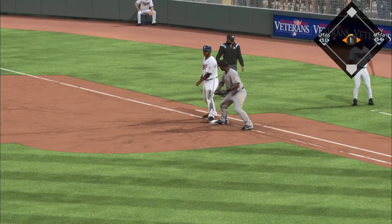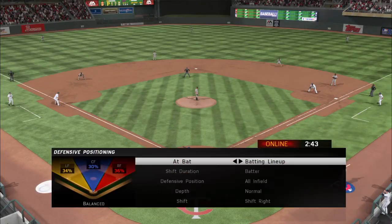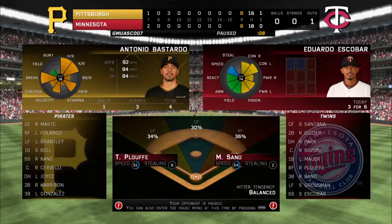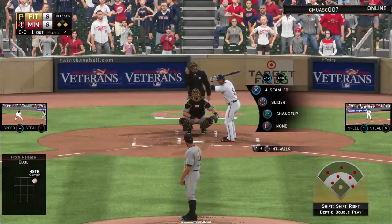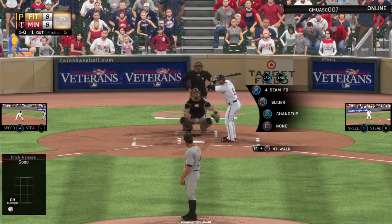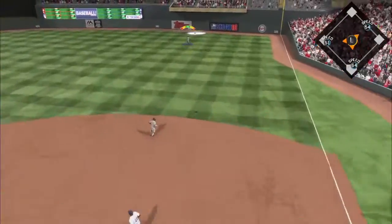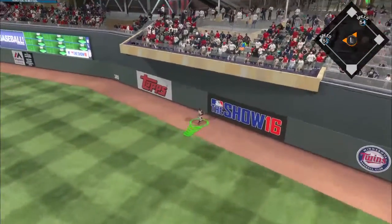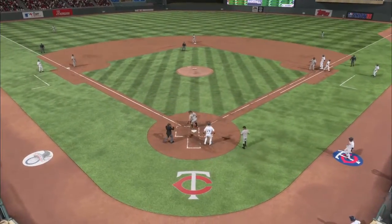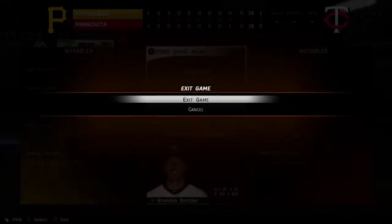And he'll step off and fire to the bag. Back in standing. Keeping an eye on him. Eduardo Escobar comes on with 1 away as he looks at a ball. It's 1-0. He's ready. Here's the 1-0. High and deep to right. Polanco going back. Still going back. He gets there and makes a fine running play for the second out. And the Twins are going to walk home a winner. And guys, a good outing on the mound for the man you see right there, the recipient of our